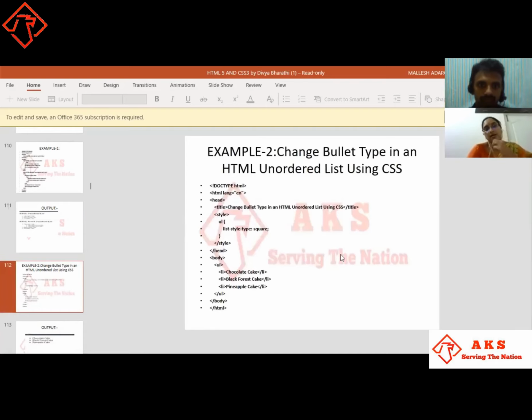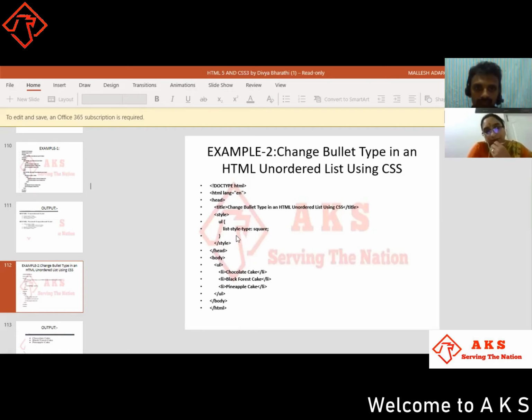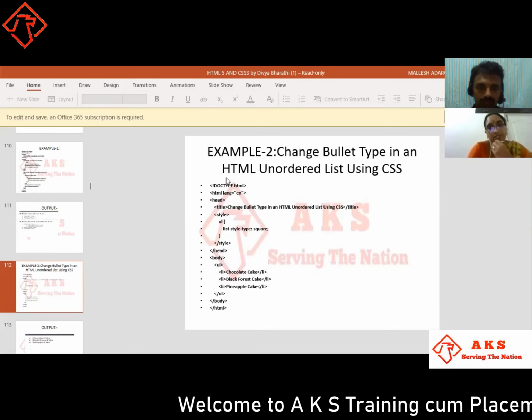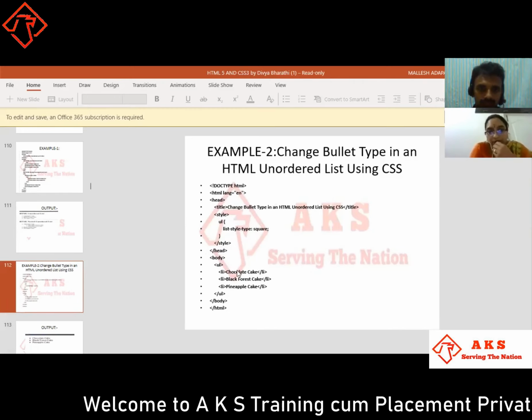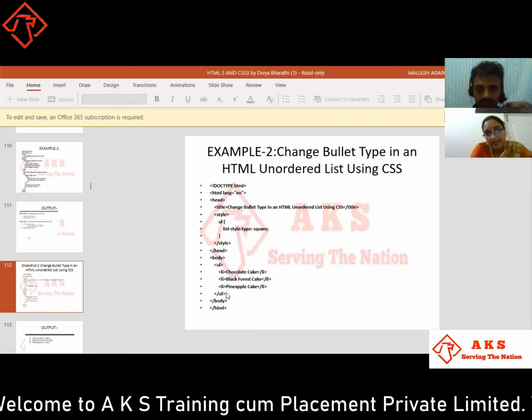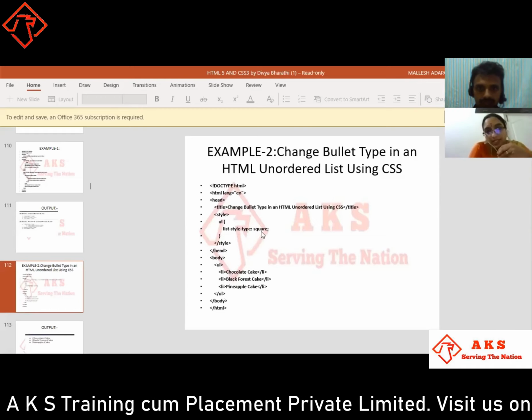And here, by using CSS3, we can change the style. Using the style attribute, this is the style. We open with the style tag and close with the ending tag /style. Here the list style type will be square. We are giving square. This style tag is CSS3. We are including cascading style sheets in the HTML document. So this list will come with squares.